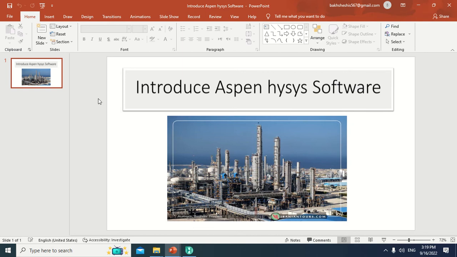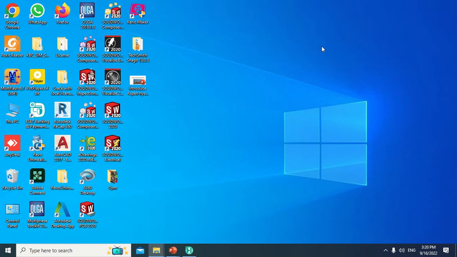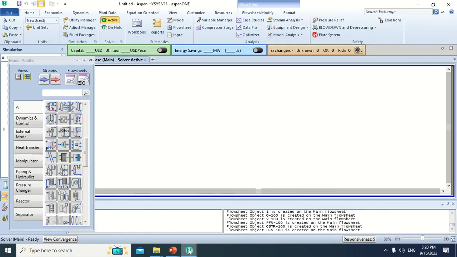At first, I want to talk about Aspen Hysys software and introduce it. This is a photo of a refinery in Iran, and Hysys software has the ability to simulate most of the equipment in the picture. It is also the most famous process simulation software in the field of chemical and petroleum engineering. And now I'm going to open Aspen Hysys software and explain some of the equipment